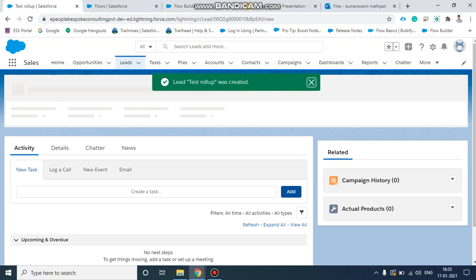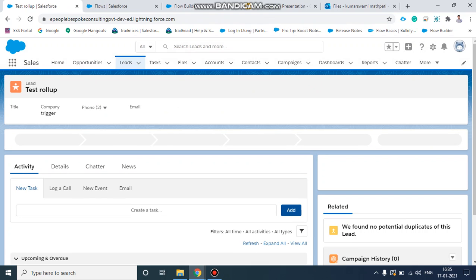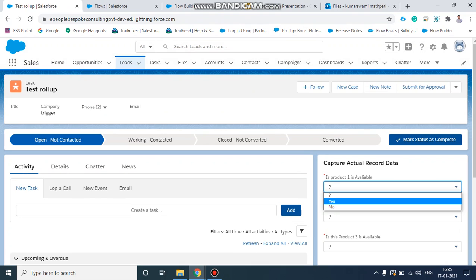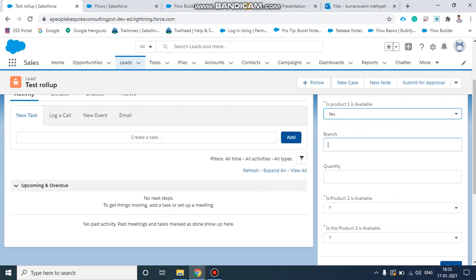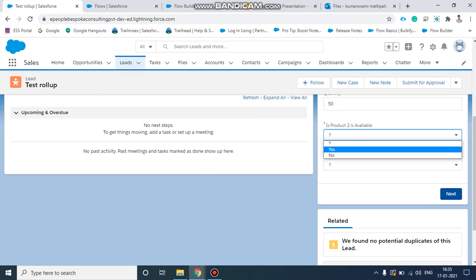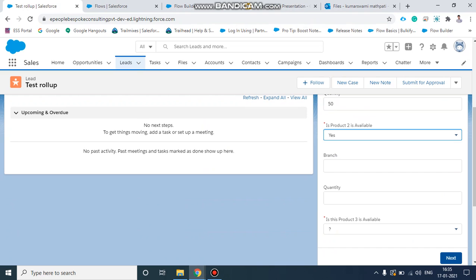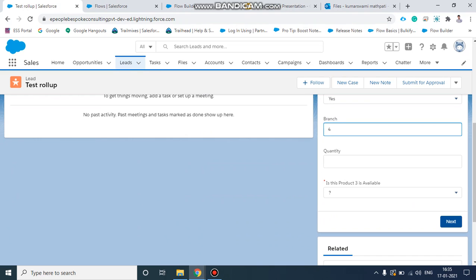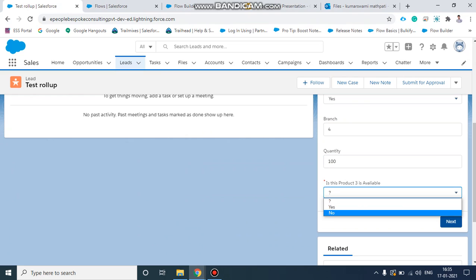Now I will create a child record. Like the first one, available is equal to yes. I will enter 3 branches and 50 quantity, and for the second, the product is available with 4 branches and 100 quantity. The third product is not there.